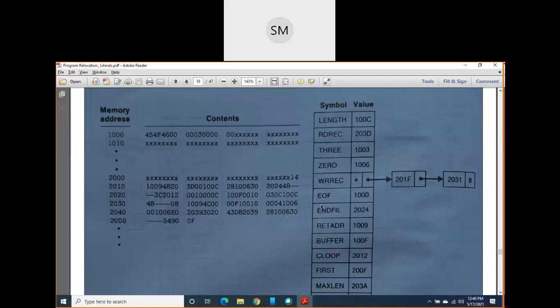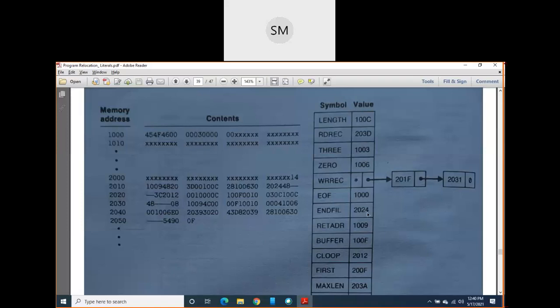End file, correct? This end file, earlier it was marked as a star or undefined. Now you will write its address here. It means its value, symbol value. This is the hash table, no? You know, these data structures, OP tab and symbol tab, have been designed or structured as a hash table. So a hash table always has key value pairs, key value, key value. Key is a symbol here, value is nothing but the address of that symbol. So end file is a symbol and its address is 2024.